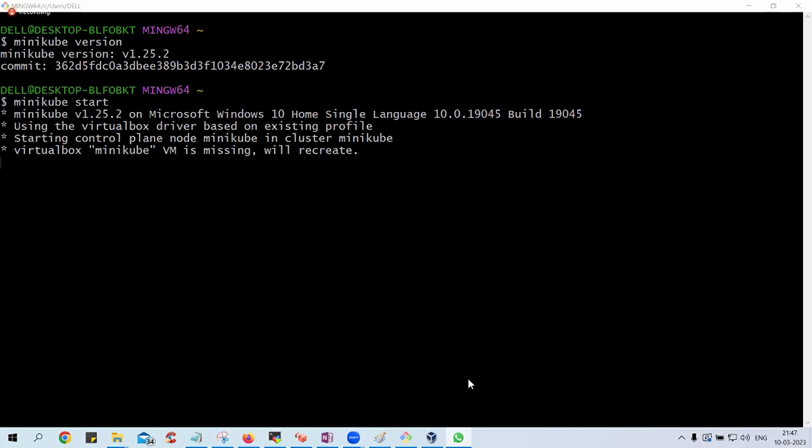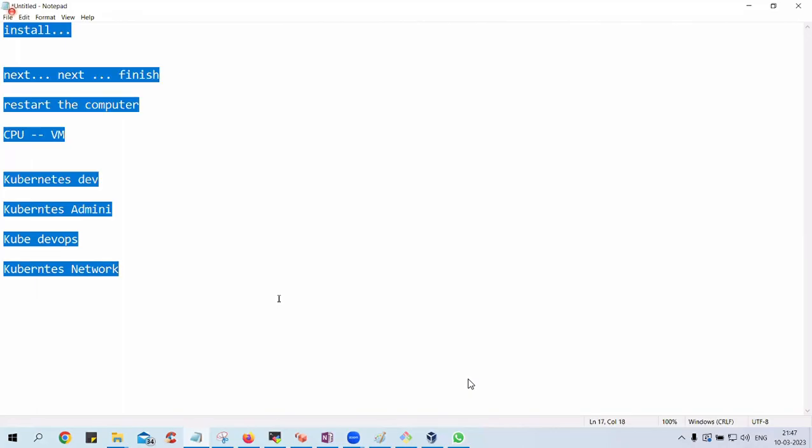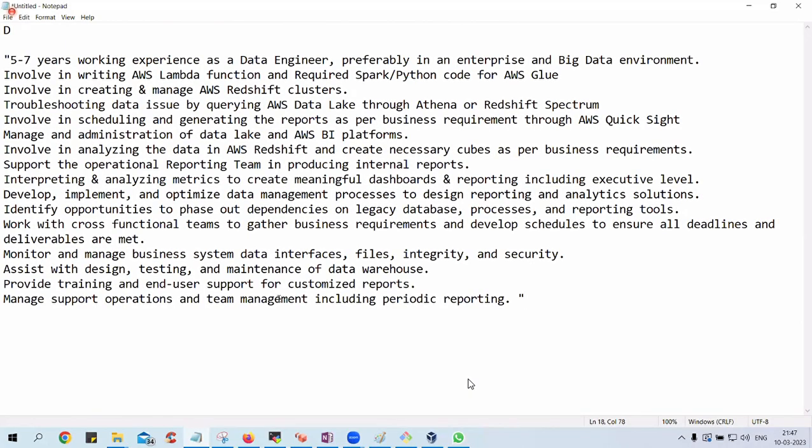So this is the JD for it. Those who are interested, just let me know. I'll keep it on the screen. This is for an AWS senior engineer, it seems. It requires 5 to 7 years of experience. Whether genuine or fake, that is secondary. Clearing the interview is important.